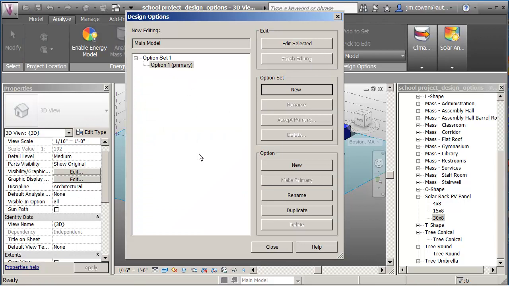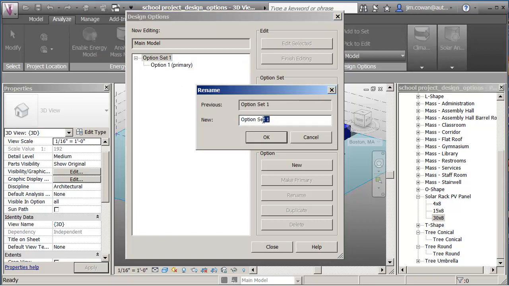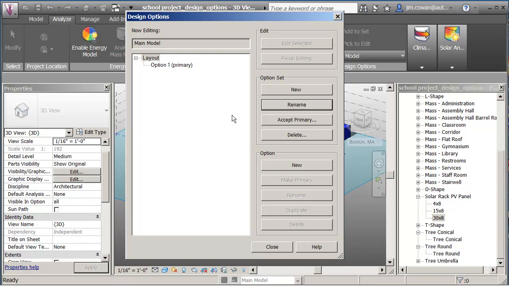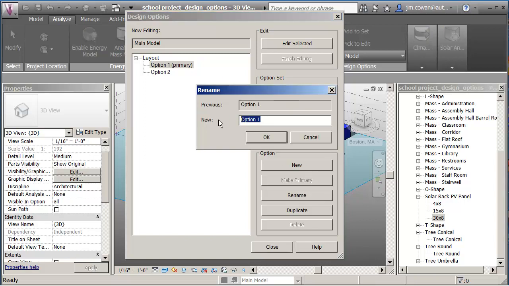Now typically this is going to be for one variable at a time. In other words, I might want to explore layout. I might want to explore percentage glazing, orientation, something like that. So if I pick on the option set one here, I'll rename this and I'll call it layout. And then I can create any number of options that I want. So option 1, option 2, I might be a little more specific about what they are if I rename it and call it